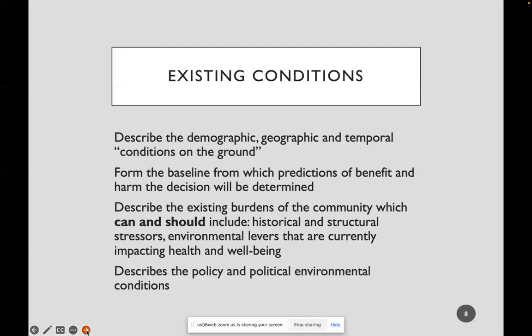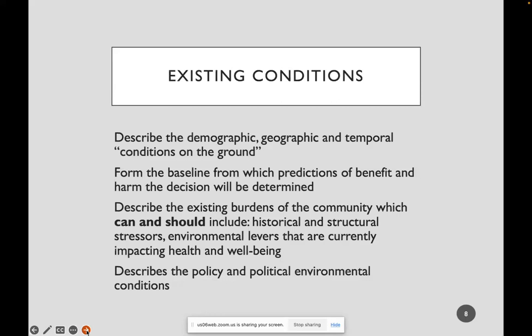But also looking at what are the environmental levers that are currently impacting health and well-being. And I'm using environmental in the larger socio-environmental context, right? Not just environmental, looking at what we normally think of as the immediate environmental things. I'm talking about also economic conditions, social conditions, things like, was there a project back in the 70s that separated this community geographically? All of these things contribute to the existing conditions and can give you a richer, more robust